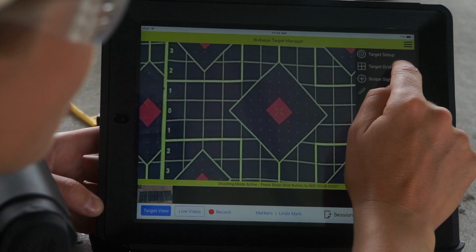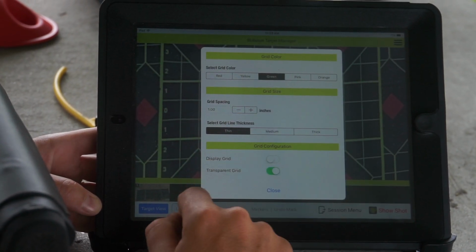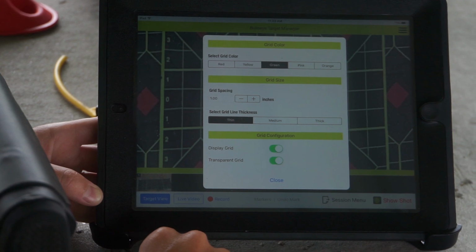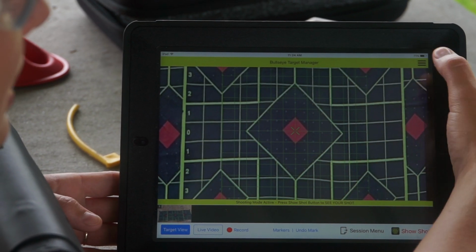Now I want to show a target grid overlay. So once again, menu, target grid overlay. Let's do a green overlay. Grid spacing 1 inch, that sounds fine. Thin grid line, and I want to display the grid. Okay. Close that up. Okay, now that I have my target grid, the last thing I'm going to do is